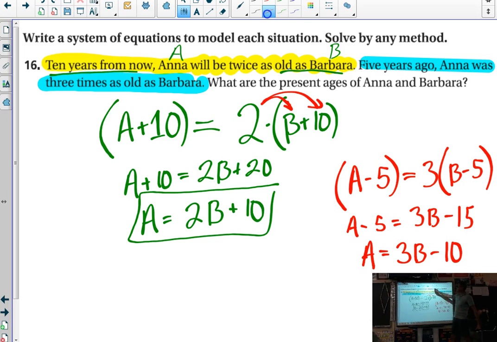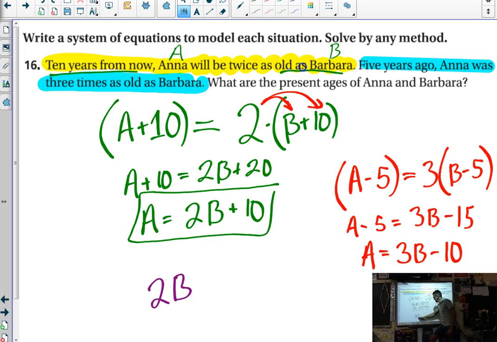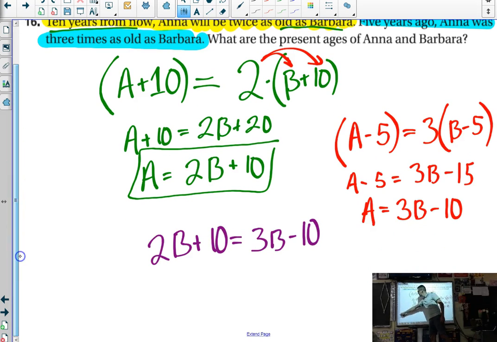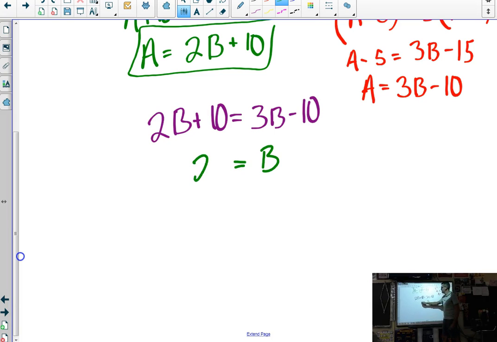I can set these equal to each other now. Let's use a nice purple pen. So 2b plus 10 is equal to 3b minus 10. Combine like terms. If I take 2b away from both sides, I get just b here. If I add 10 to both sides, I get just 20. And now that I know how old Barb is, I can figure out how old Anne